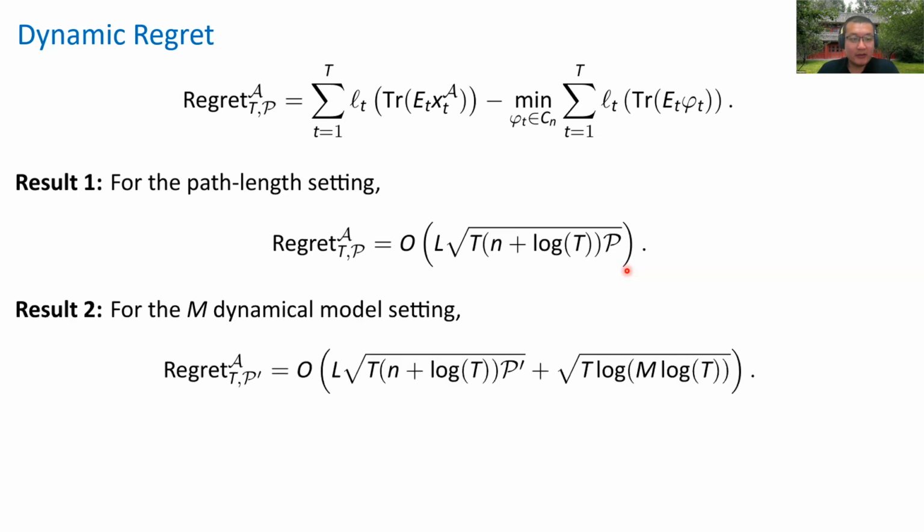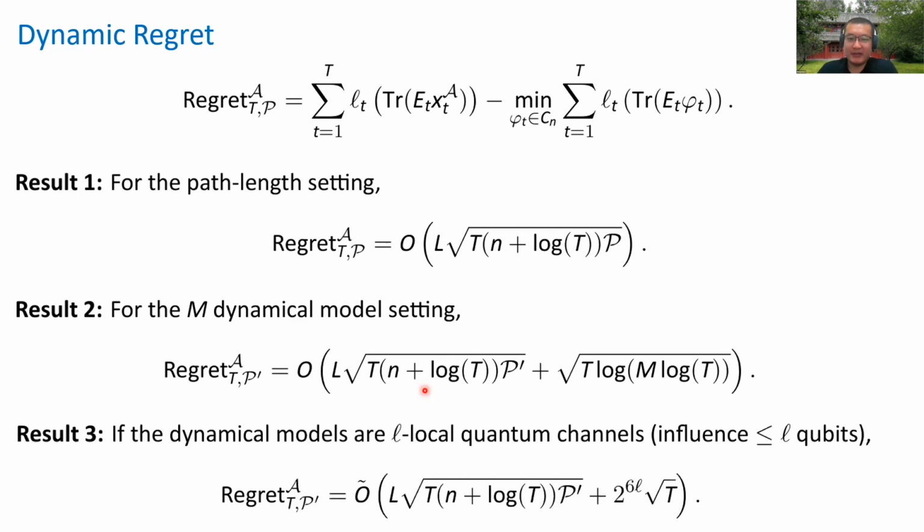described. The second result is for the dynamical model setting here, where we can give a similar result, that basically the cost is still a square root of T times the variant of the path length, P prime. And maybe a direct corollary along this line is that, with dynamical models such as L-local quantum channels, such that the dynamics can only influence at most L qubits